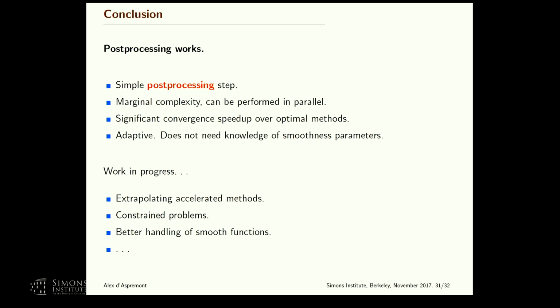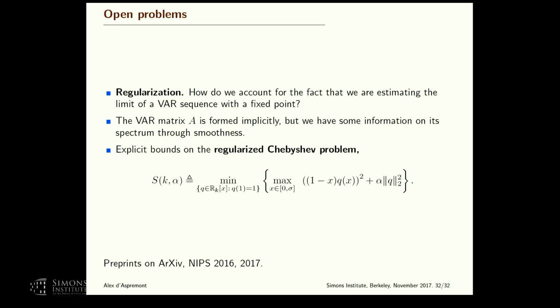Maybe we might be able to extrapolate accelerated methods if we can solve the stability issues. We need to work on constraint problems. So adding a convex constraint shouldn't be that hard. The problem remains convex, but it's going to increase its complexity significantly because now you have an extra feasibility constraint on the linear system you solve to get the extrapolation weights, and it's not clear at all that extrapolation remains very, very cheap. Okay, so that's going to depend on problem structure, but it might work otherwise. And we should handle smooth functions a little bit better. So just to finish with a short list of open problems.